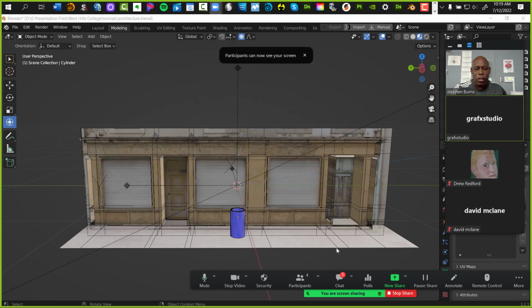Cool. Everybody can see my screen fine. Now we can get to work. All right. Now I'm just going to rehash a little bit of what we did yesterday. Okay, and we're going to jump right into today's tutorial. We're going to build something from scratch that's going to interact with this particular scene.